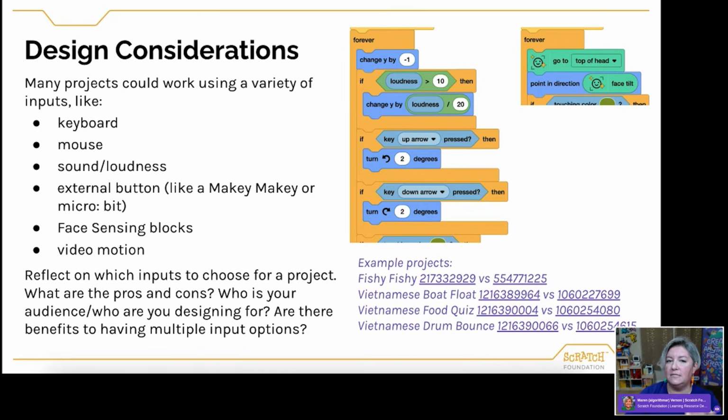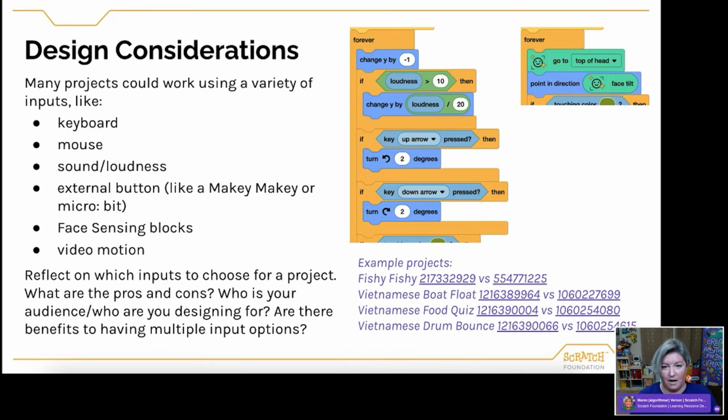And so, one of the things I like to do is maybe let's take a few minutes and reflect about what kind of inputs we would want to use for this game and why. It could depend on who my audience is, right? Who am I designing for? Do they have any accessibility concerns like limited hand dexterity? Are there benefits of using different or maybe multiple inputs? Maybe you could do keyboard or mouse, or keyboard or face. Does having one input give the user a different level of control over another?